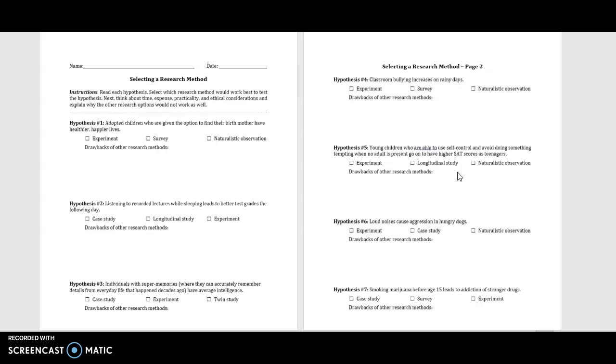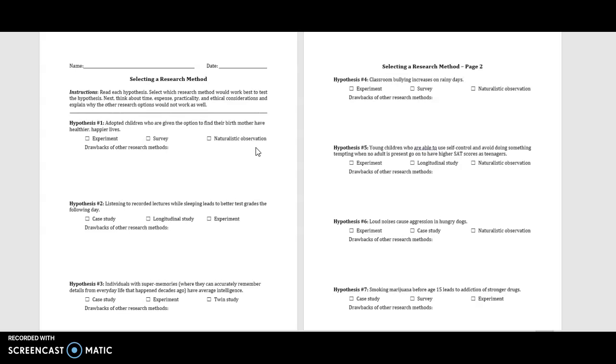If you choose this assignment, you will be looking at these seven different experiments. One, two, three, four, five, six, seven. What you're going to do is look at the hypothesis and then choose the best type of research method that you feel would be required to complete that